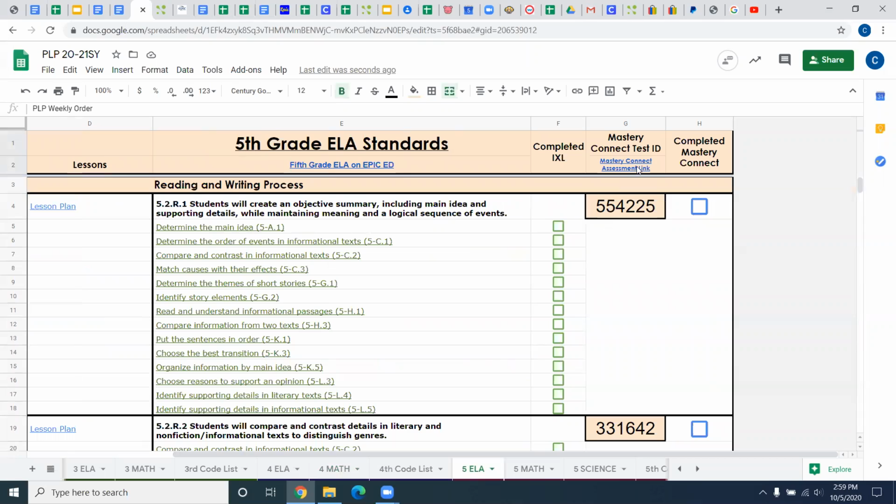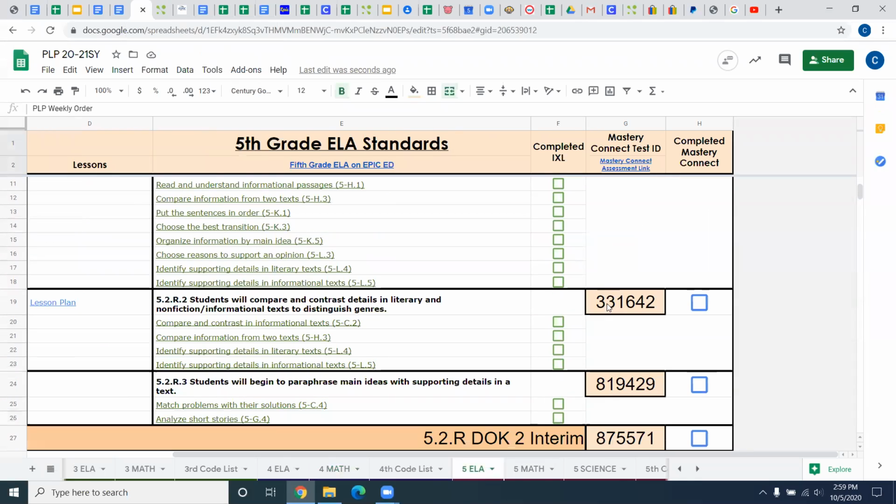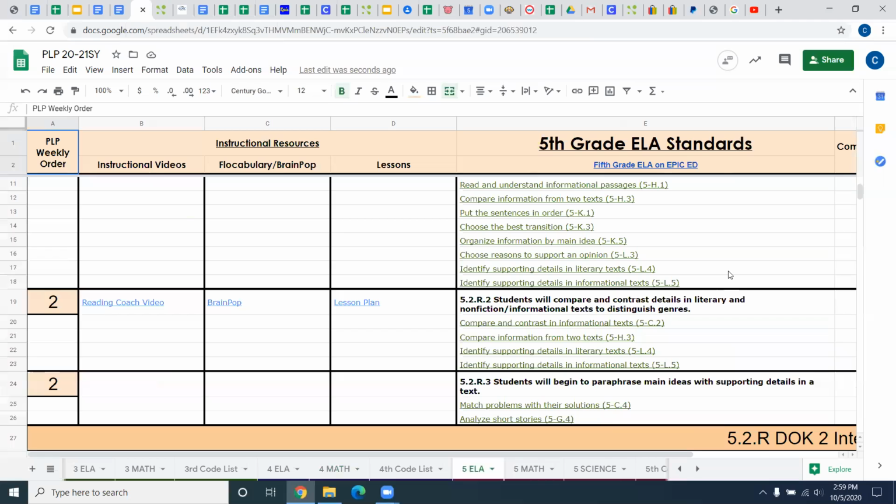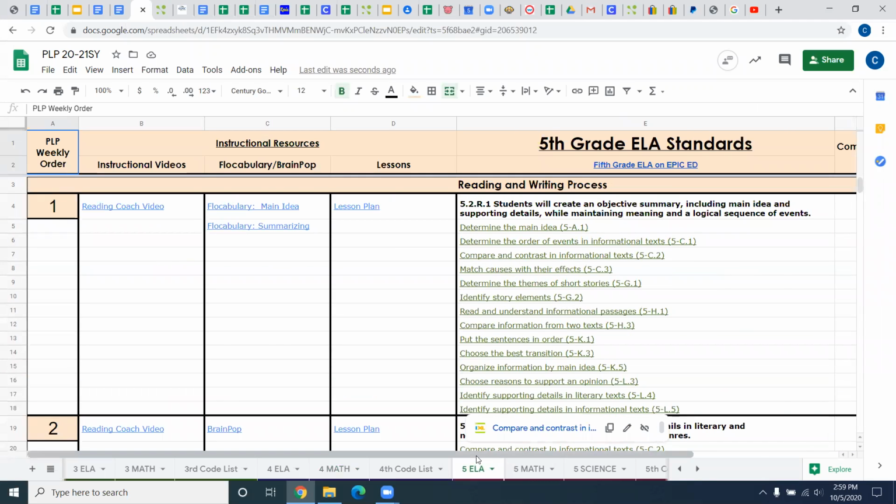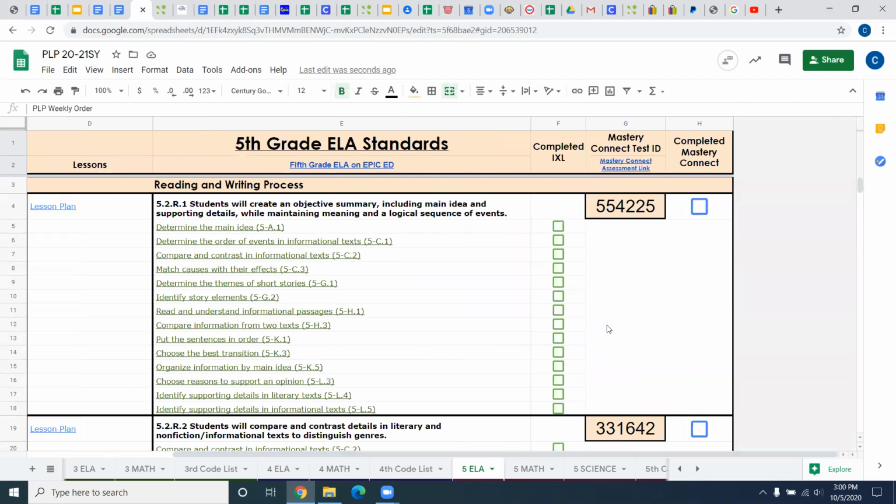Here's the link to the Mastery Connect assessment up here, and then you just put in that code right there. If you have any questions about this, a good person to ask is actually your co-op teacher, whoever you're with in that session. When you're on the actual Zoom call or Google Meet with them, you can ask them about,